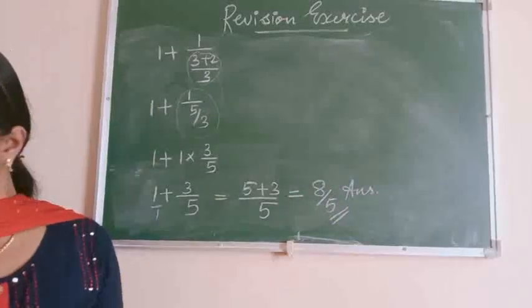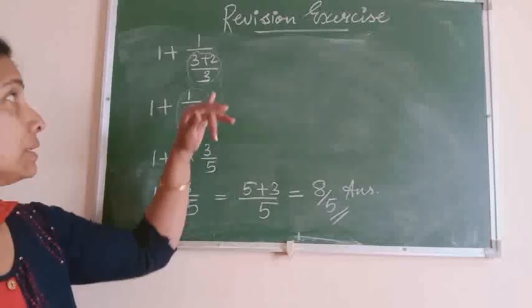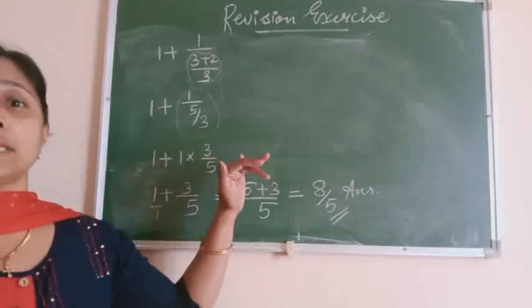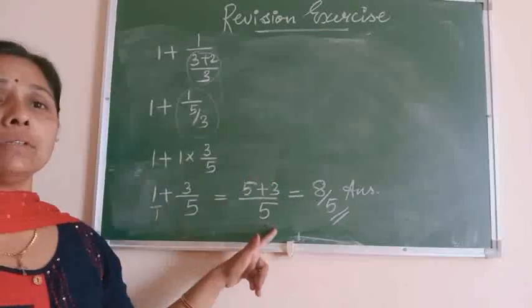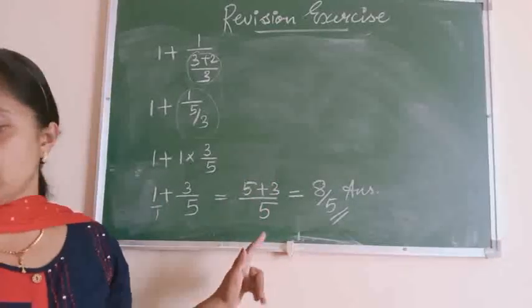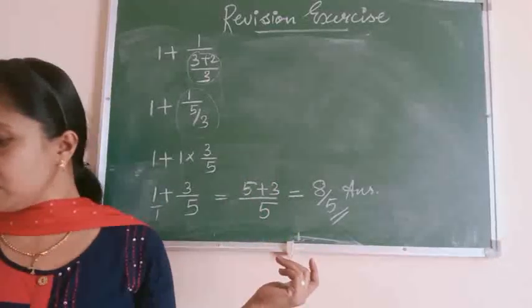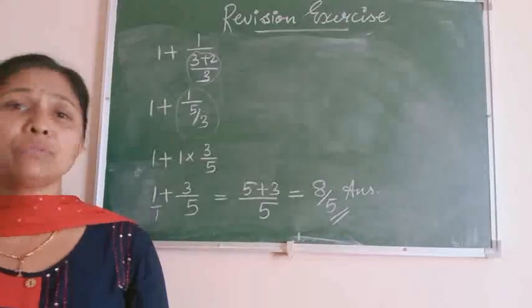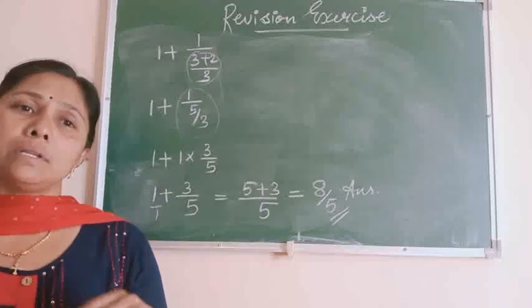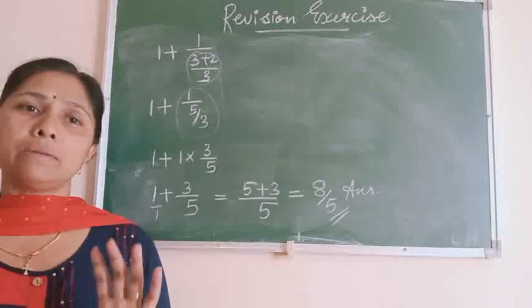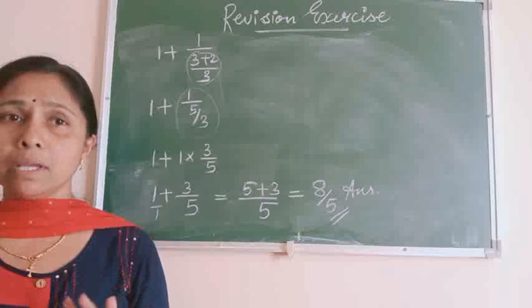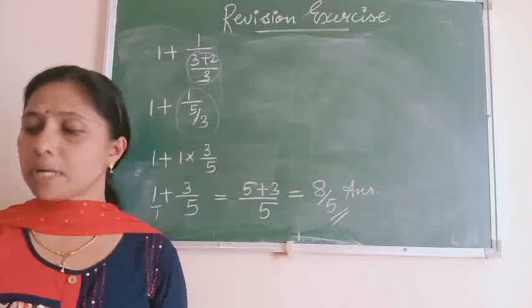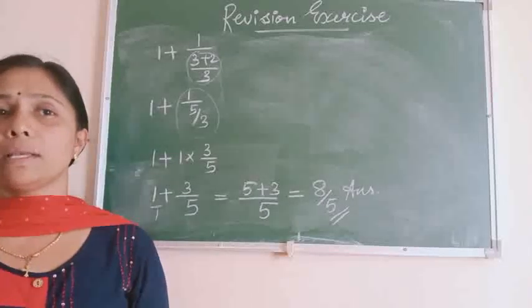Okay, so I solved today 3 questions. Question number 7, the first part, second part and third part I solved. This 3 questions today itself you have to do in the notebook, and from revision exercise remaining 8 questions are there. Question number 1 to 9. These 8 questions you have to do in the notebook. Same notebook you have to do whenever you are getting time, complete it. Anyway, before the school reopens you have to complete the revision exercise of lesson 2.